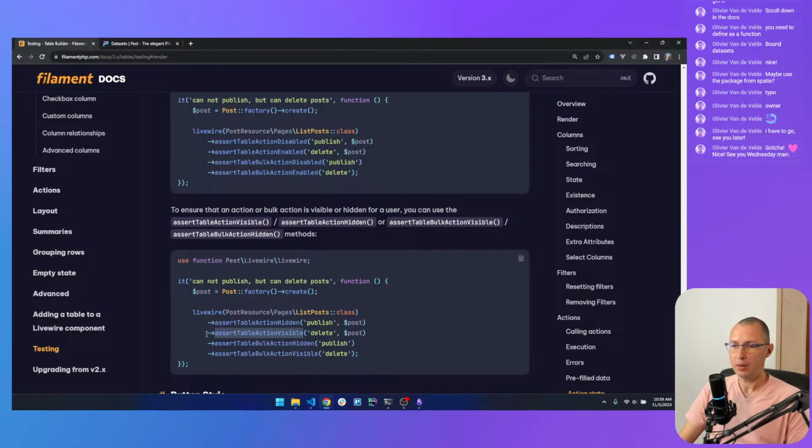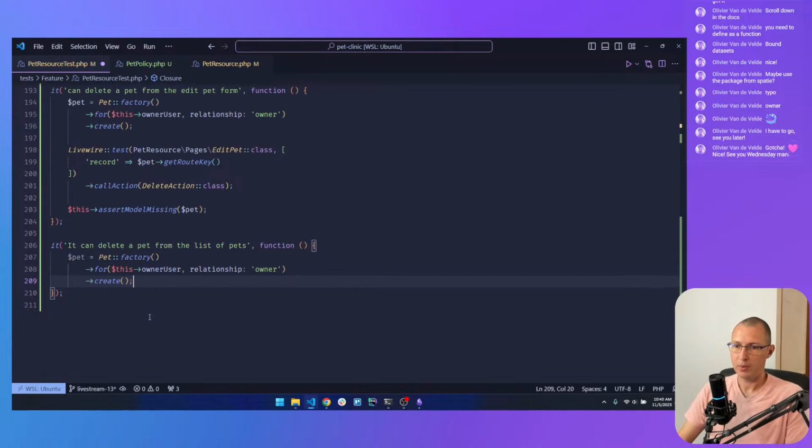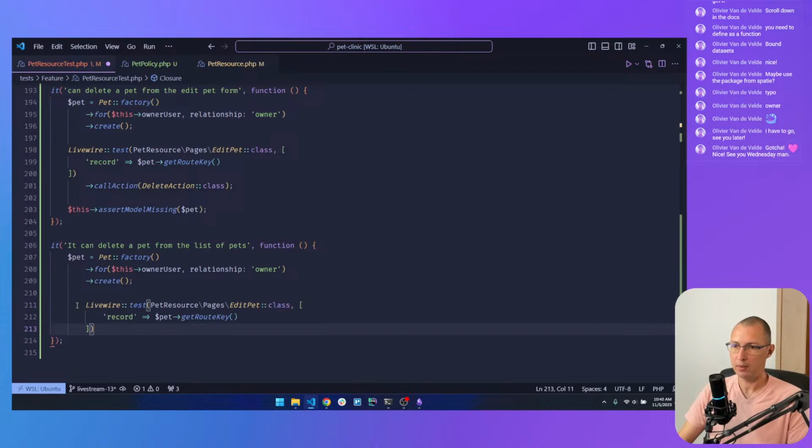So let's test this first. Again, we create a new pet first and foremost. Then we mount the list of pets.